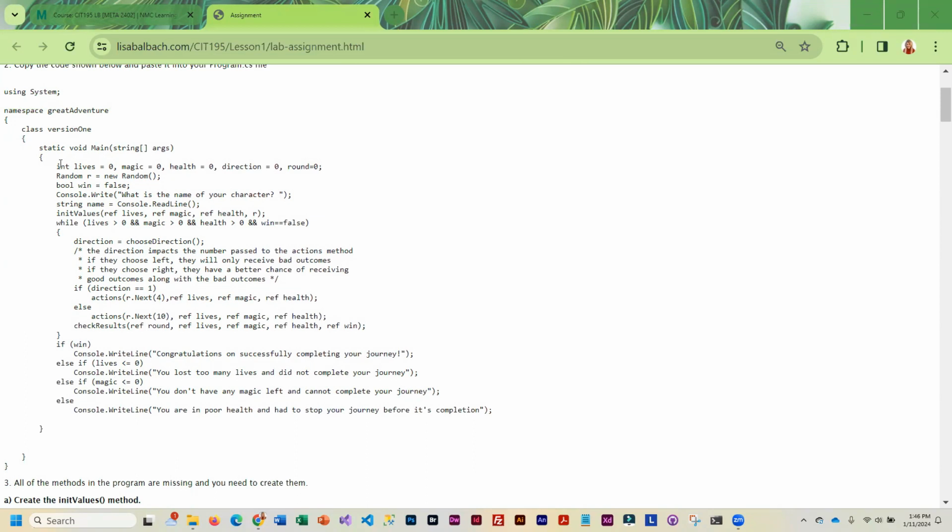And so you can see that we have some variables: lives, magic, health, direction, and round. And then we are using the random method or random class. And we have a Boolean called win. And you get to name your character here. And the character is going to end up going on a bit of an adventure. Okay. And so once you name your character,